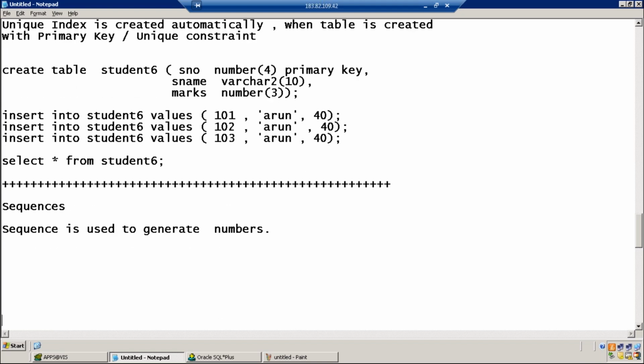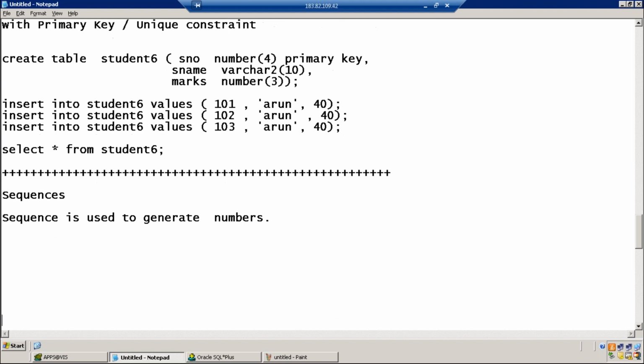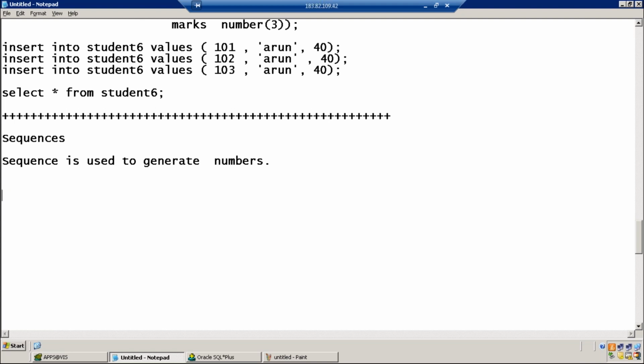Whenever you want number generation, Dilavar, when you're working with a purchase order, when you enter the details and save it, the purchase order number is created automatically. Or in the AR module, the transaction number is created automatically. Wherever automatic number generation happens, they use the concept of sequence. Now, look at the requirement.